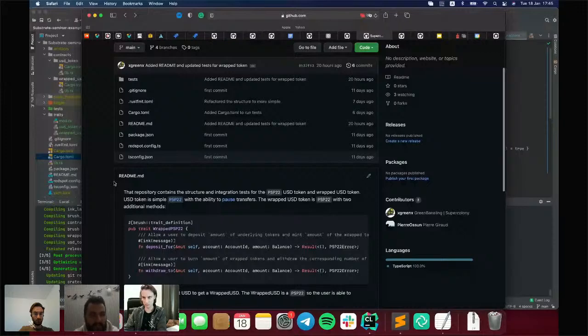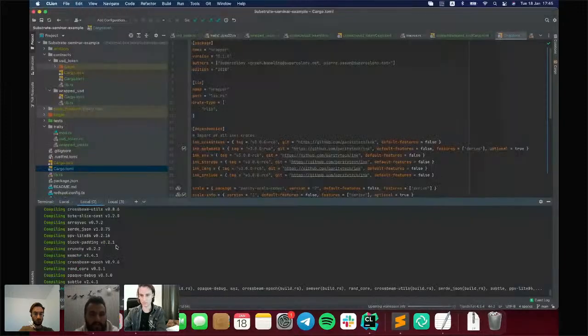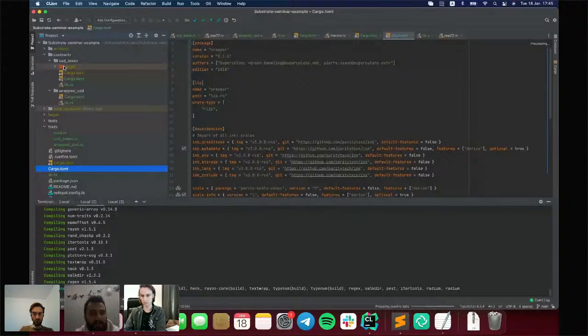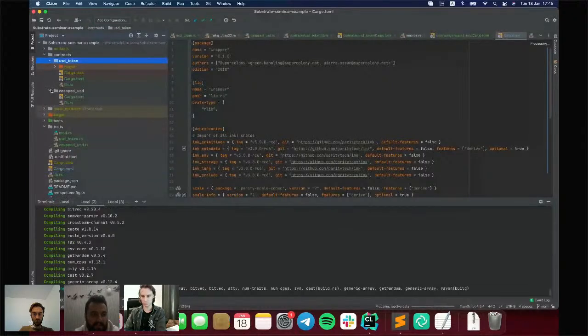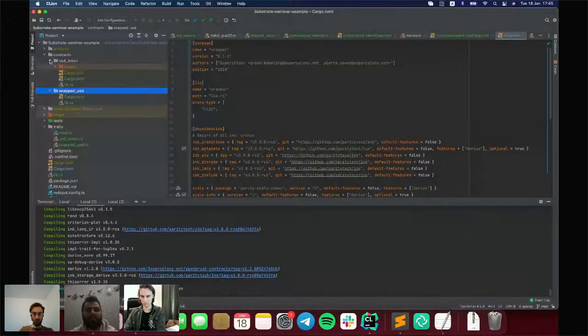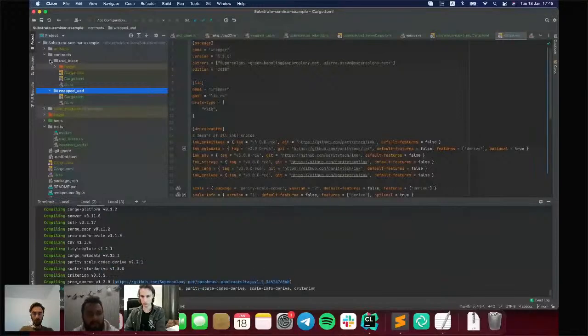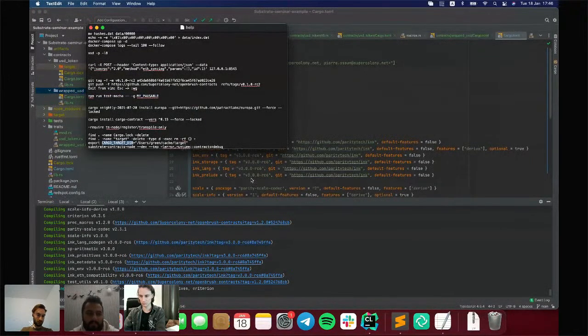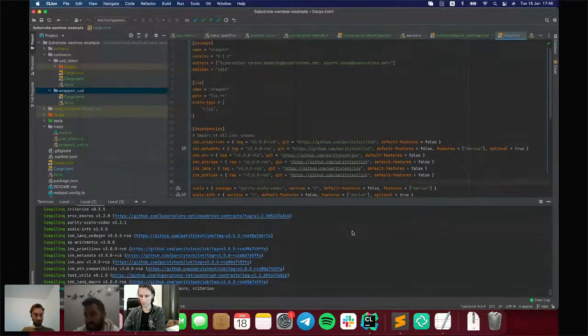Because we removed workspace from here, that means that now we will not use this target folder. We will create a target folder for each crate separately, and it will take some time, because now we need to build that crate and that crate. It can be optimized with cargo target dir, but we will discuss it later.